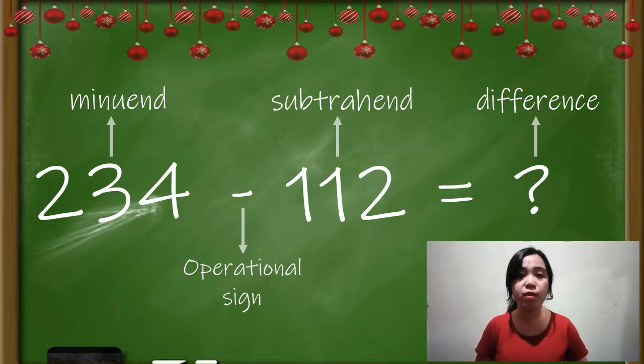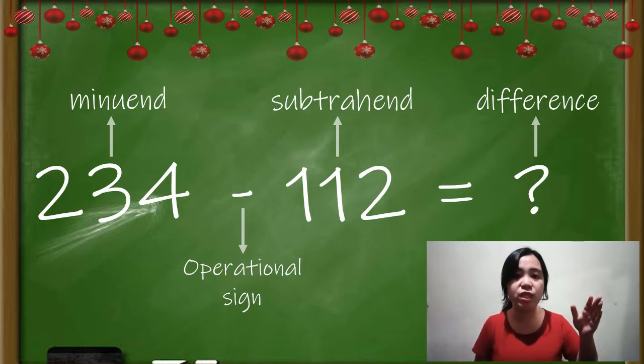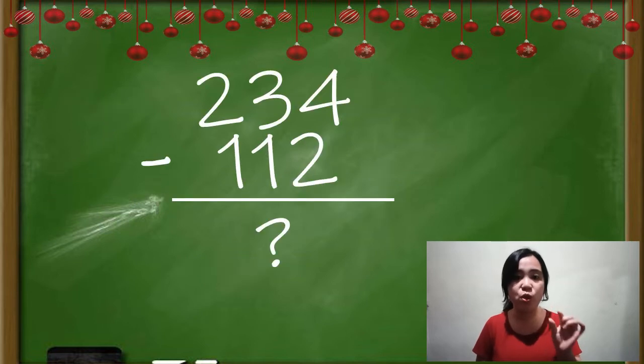So let's give another example. When we say regrouping, it is arranging the problem from a horizontal to a vertical line, which is aligning each same value of numbers. So for example here,